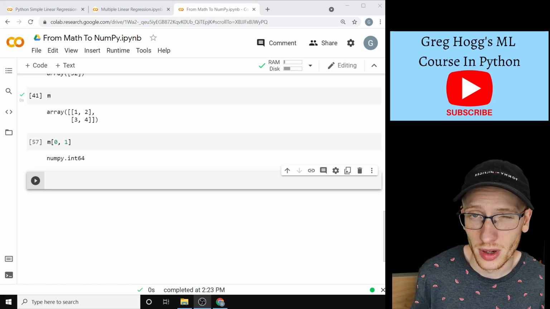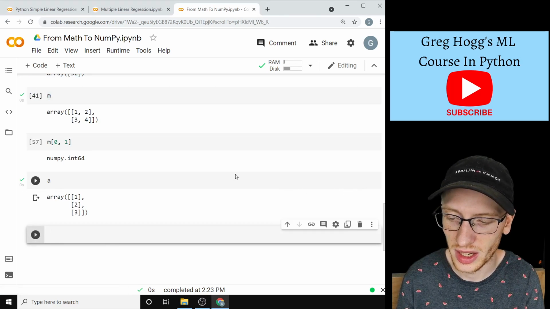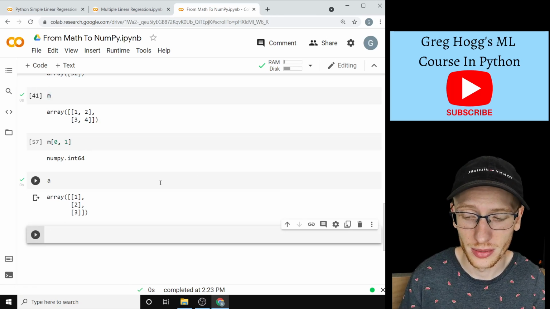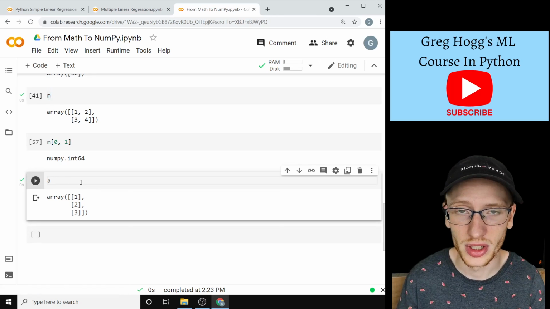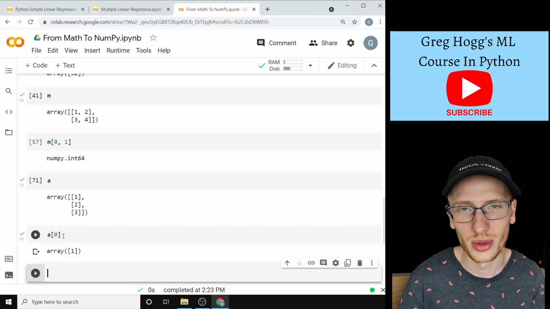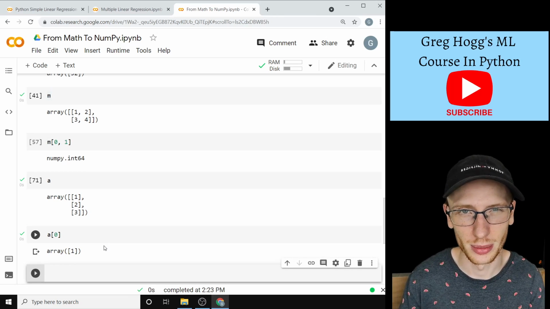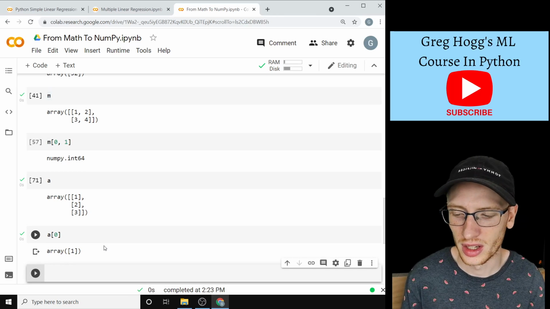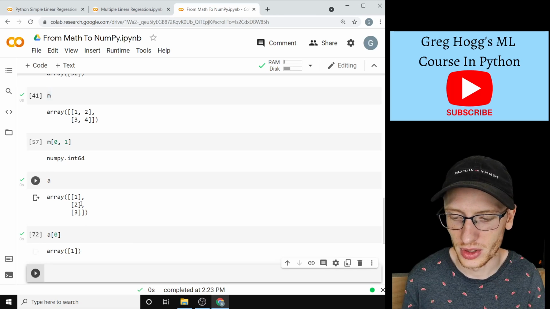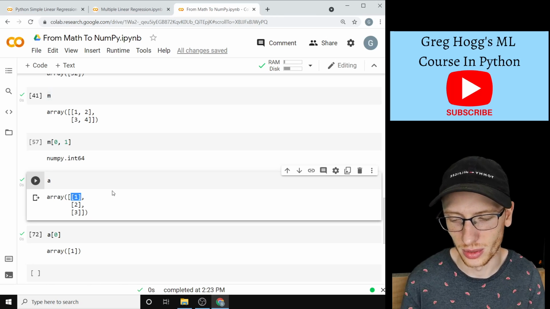I doubt you'll be surprised to hear that you can do this with just normal vectors as well. So if we had, again, A, which is a straight up column vector very specifically, we could ask, say, the first component of that, A sub 0. Note that we're going to get an array back in this case. It's the array of 1, so it has a shape of just 1 comma, kind of weird. Really, it means an element, but specifically, we're getting back the array of this thing here,